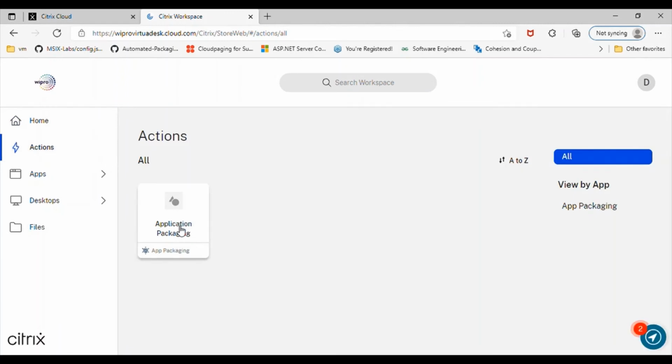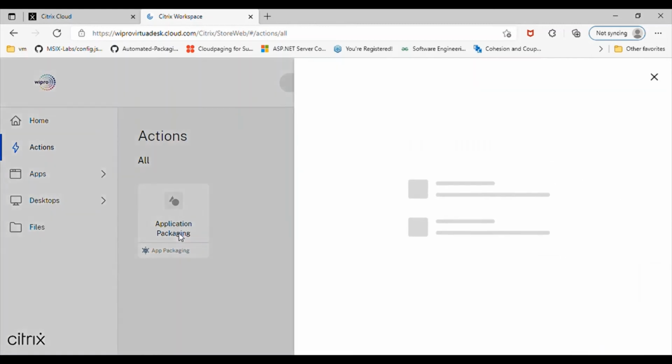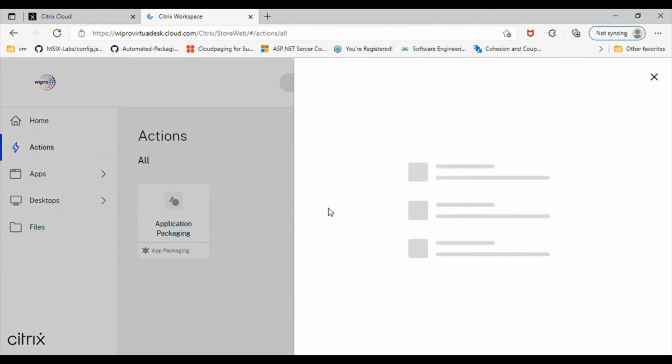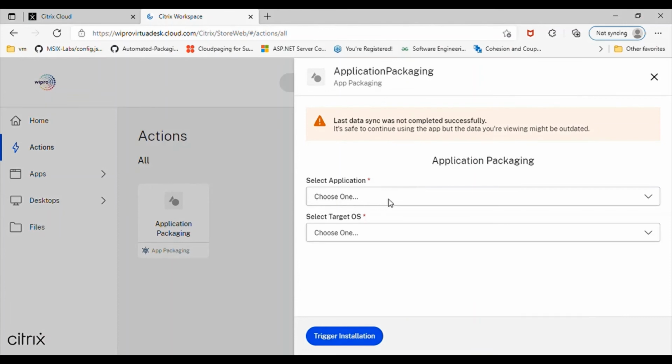I'm opening the action page. From the action page, I select the application name putty.msi, and I select the OS Windows 10, and there is a button called trigger installation. If I click that button, it will invoke the application packaging pipe. I will show you after clicking this button how it works.